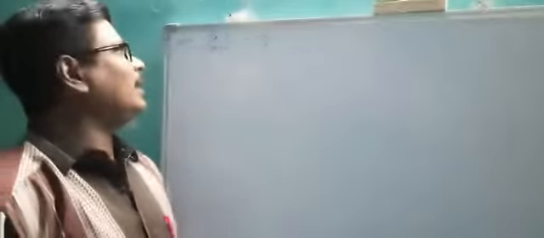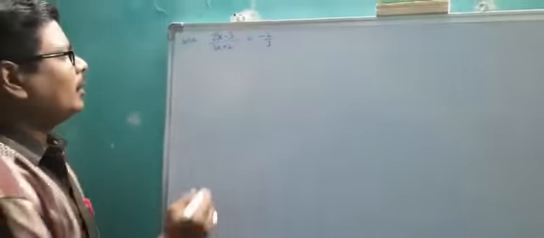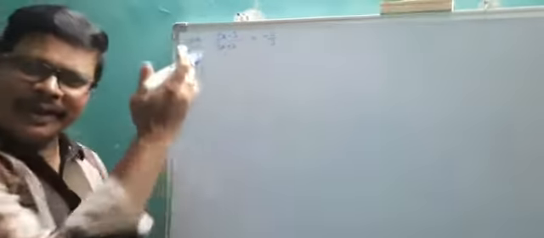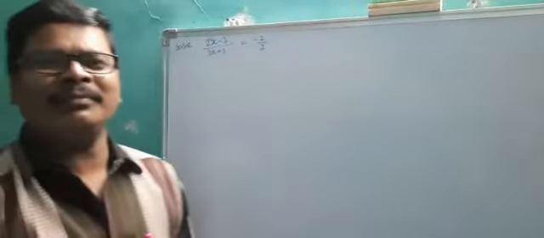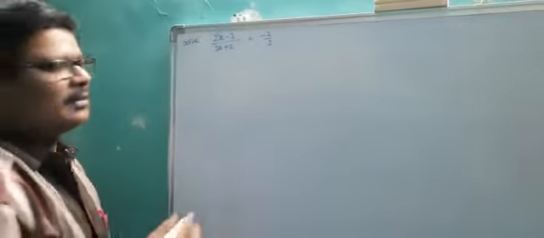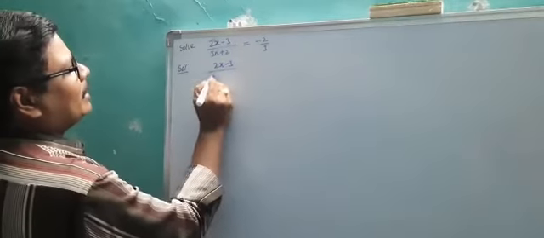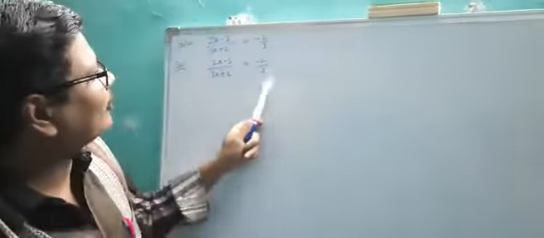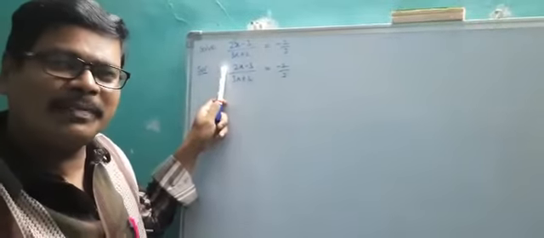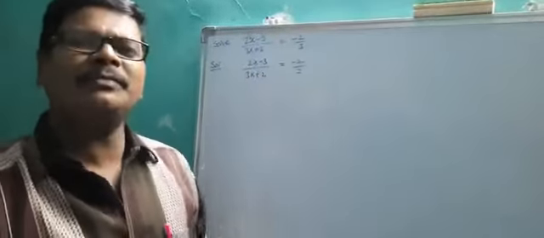Solve another linear equation in one variable. This is another model, a different model. How to solve? In the LHS it is in rational form, and the RHS is also in rational form. Now you convert them into simple form. How? Very simple. Solution: 2x minus 3 by 3x plus 2 is equal to minus 2 by 3. Here 3 is a division quantity. After transposition it becomes multiplication. 3x plus 2 is a division quantity. After transposition it becomes multiplication.